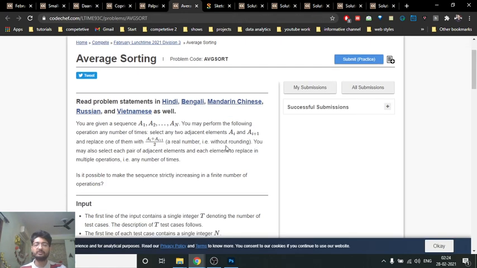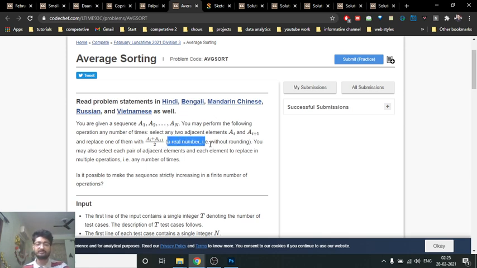The third, or actually the fifth problem, is a little bit tricky, but you just have to think over this problem. There are some key points you have to think about. You are given some sequence A1 till AN, and you can perform one operation: take 2 adjacent elements, AI and AI plus 1, find out the average, which is (AI + AI+1) divided by 2, and replace any of those numbers you have taken with this average.